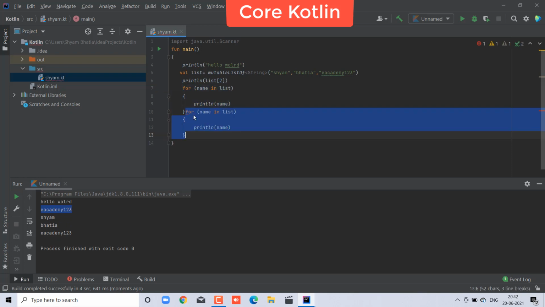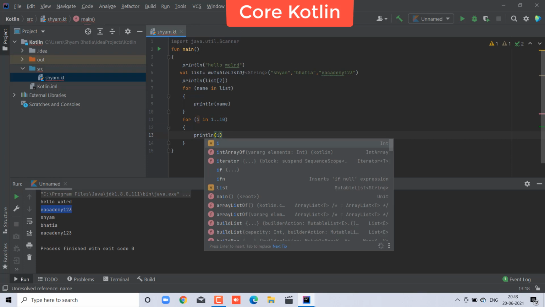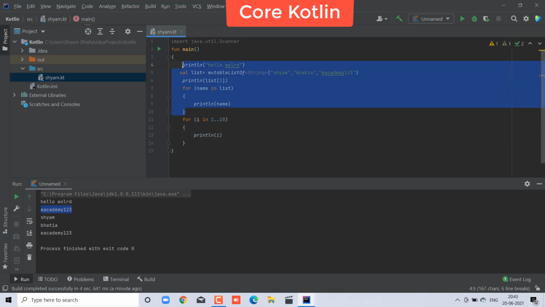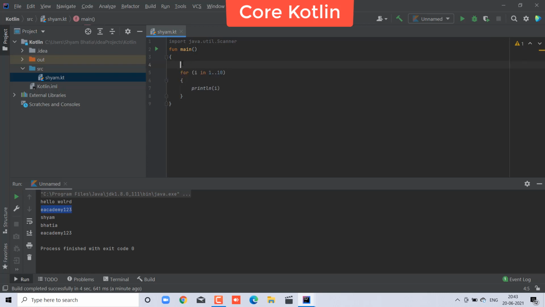Now another example of the for loop, just copy and Control D. Okay, take another, and you can also take, let's say, i or any variable, and what in 1 to 5 or 1 to 10, or 1 to 20, let's say 1 to 10 I am taking. So the value of i will print here in an easy way. Yes, Control S, and I think you will remove that Hello World and so on.